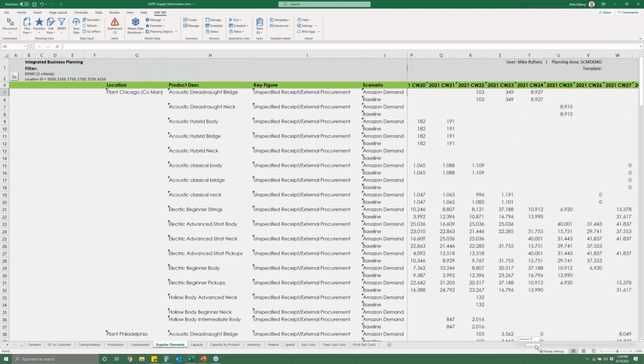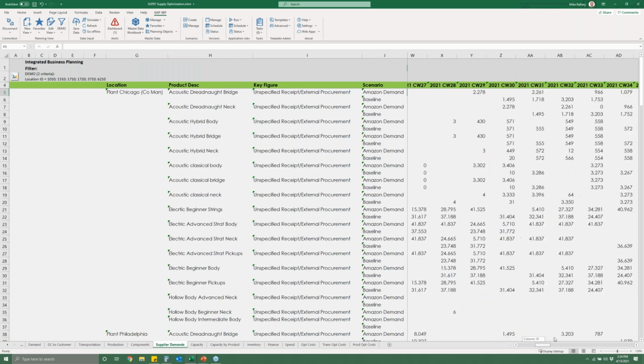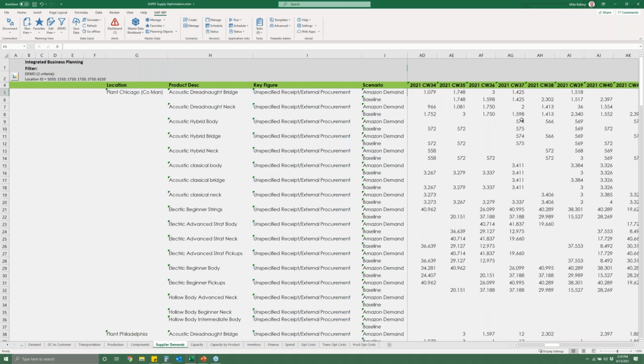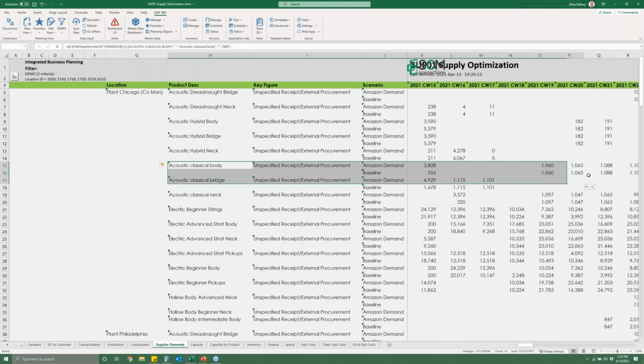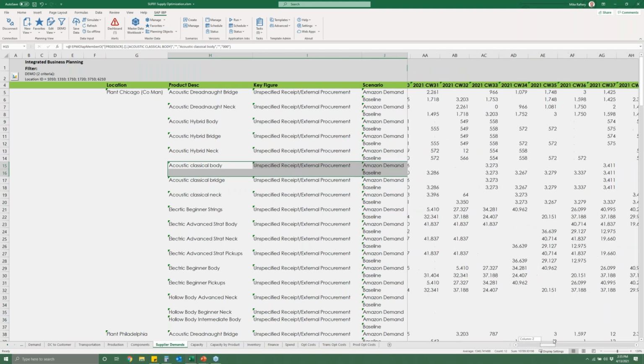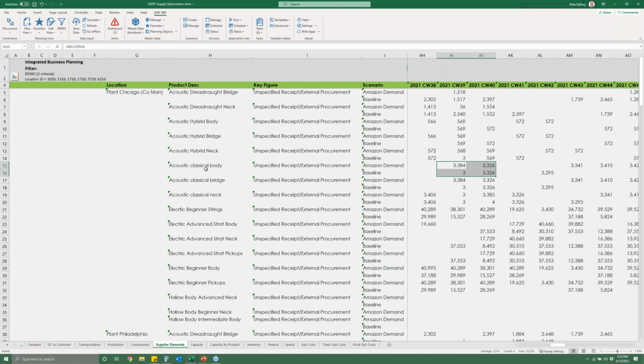So if I'm buying all these components in my Chicago plant, we said we were making more acoustic guitars in that time frame. Now you can go to your vendors and say, can you support it, right? So wherever my increased production was, or whatever products I need to support it, can you meet it? So for example, here's a great one. And again, I'm just kind of scanning through this. But here's a good example, right? In these weeks here, I'm almost doubling my demand for classical guitar bodies. I should probably go ask my supplier if they can support it,